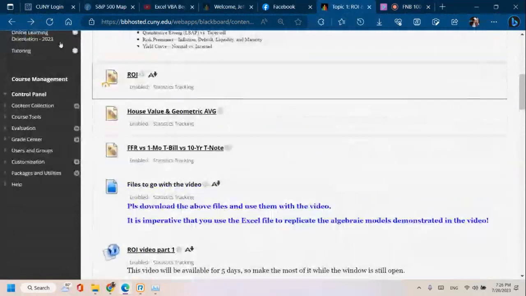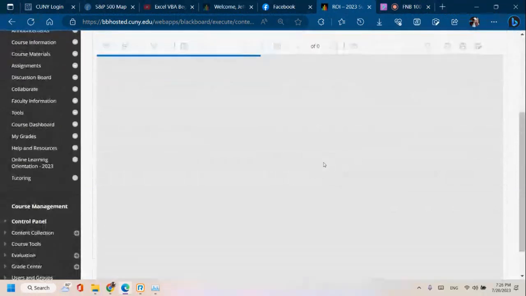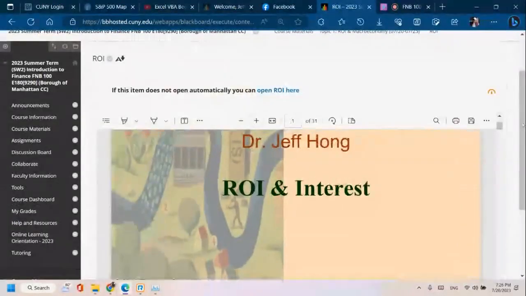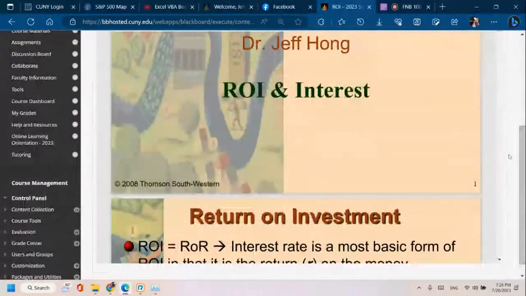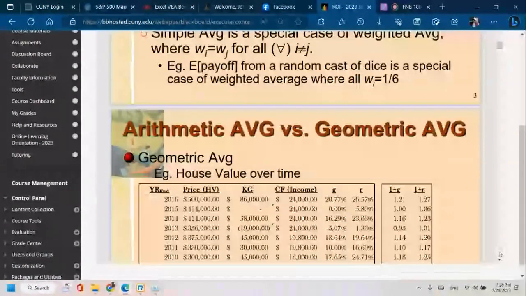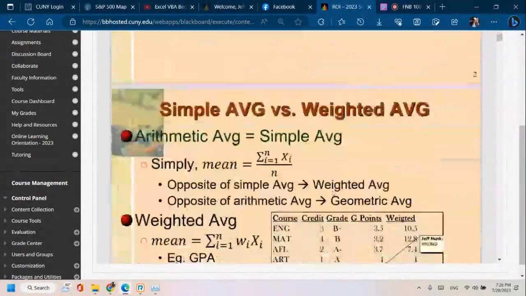So, continuing with our discussion, how do we annualize? Annualization means basically taking the annual average, right? But when we say average,